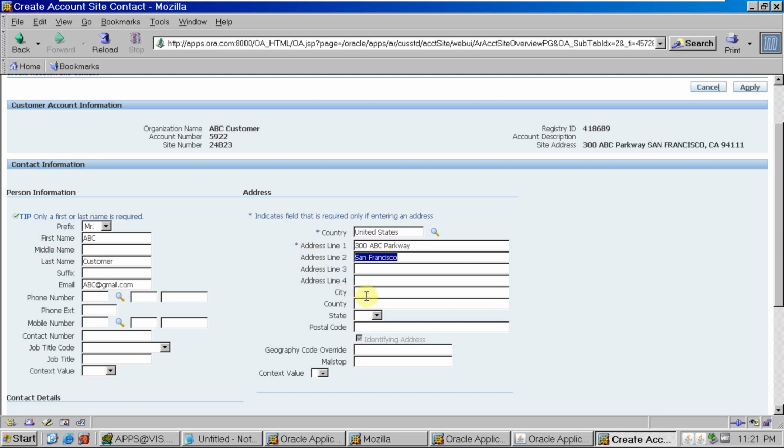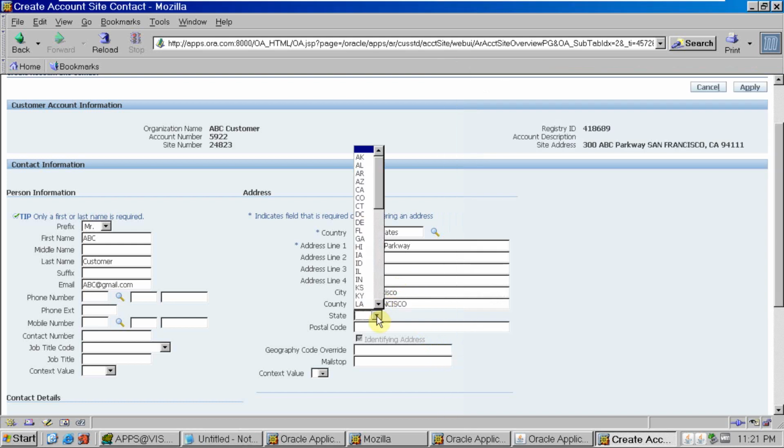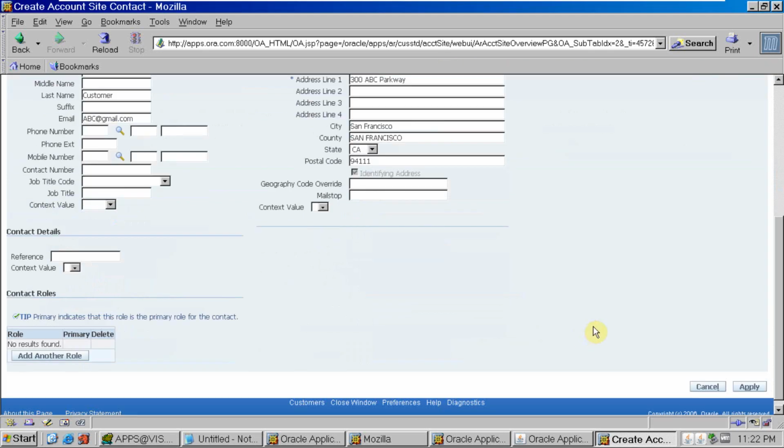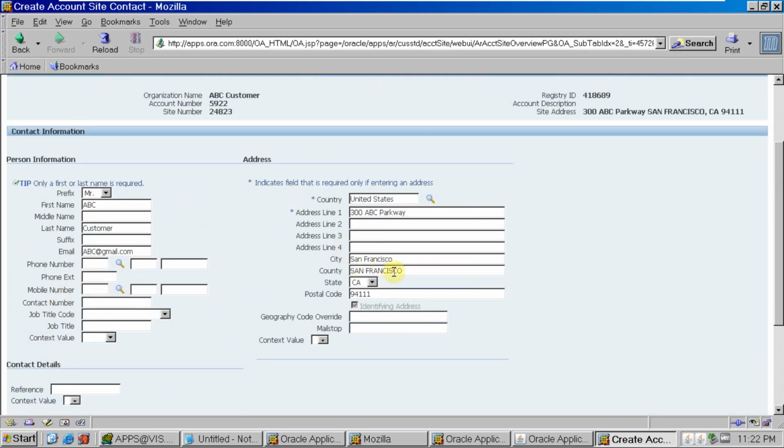City, postal code. Okay, so I have given the contact details, the contact information.